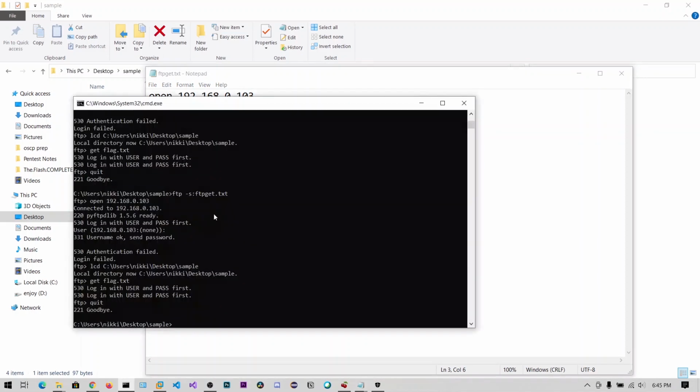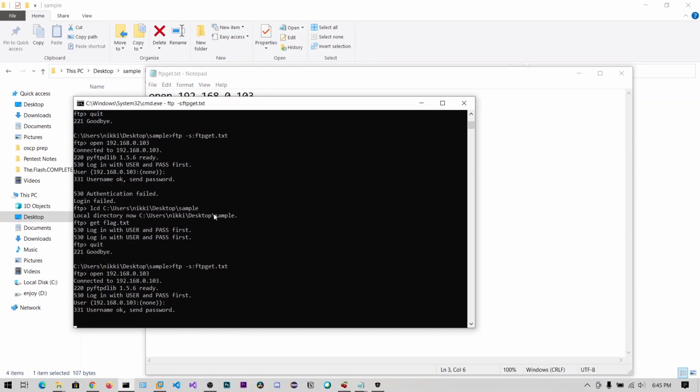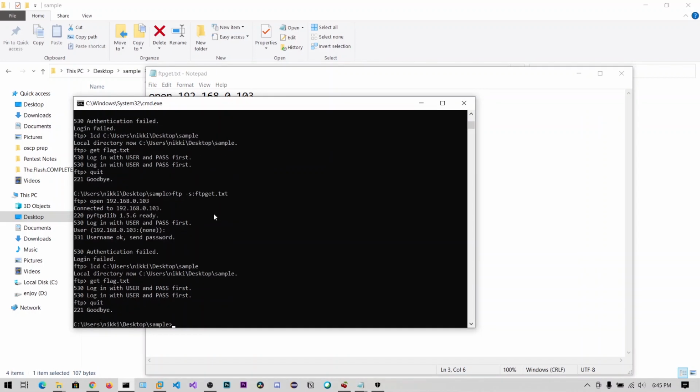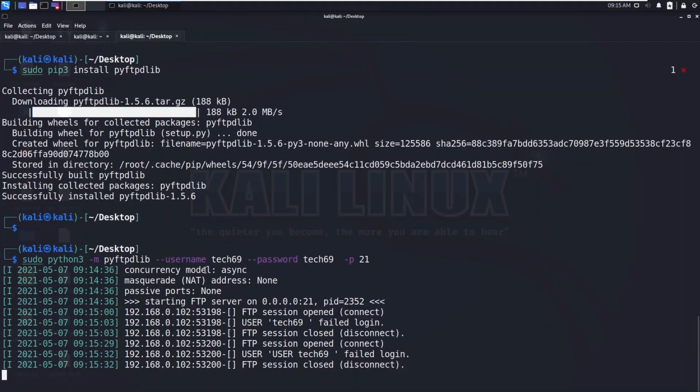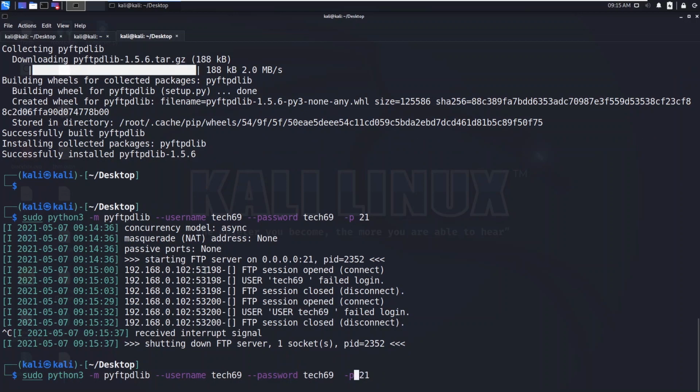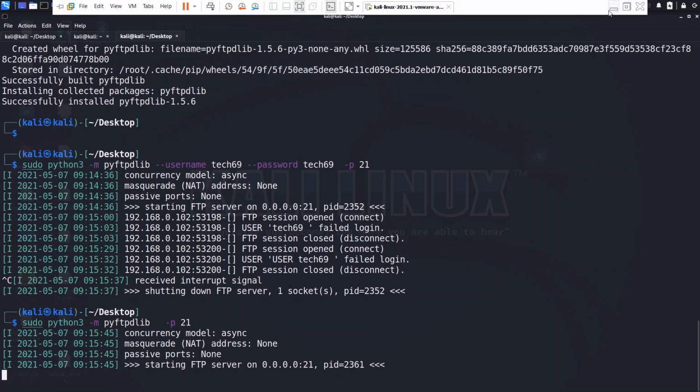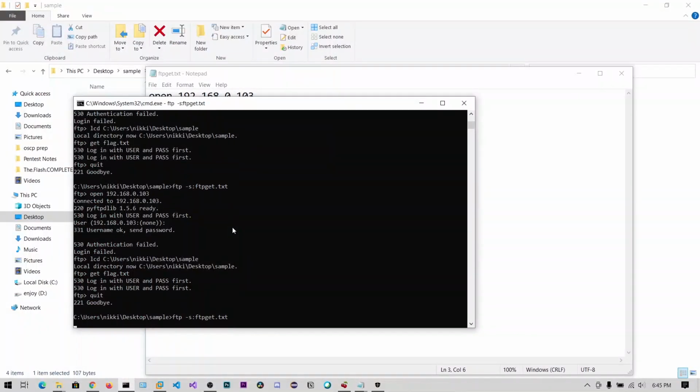Now I think it should work. Login failed. So let's not use the username and password. I don't know, you can just figure out the syntax on the internet.